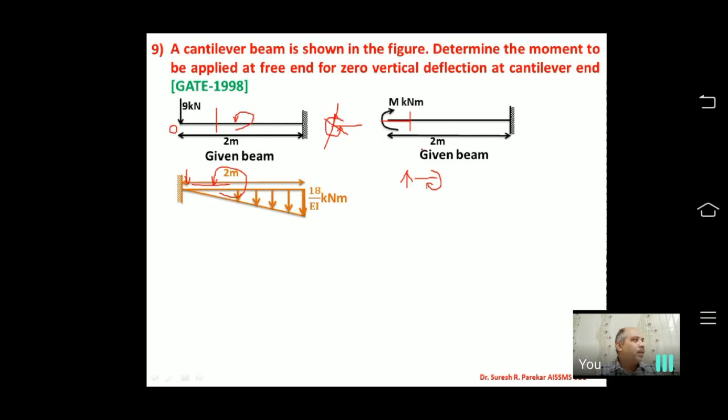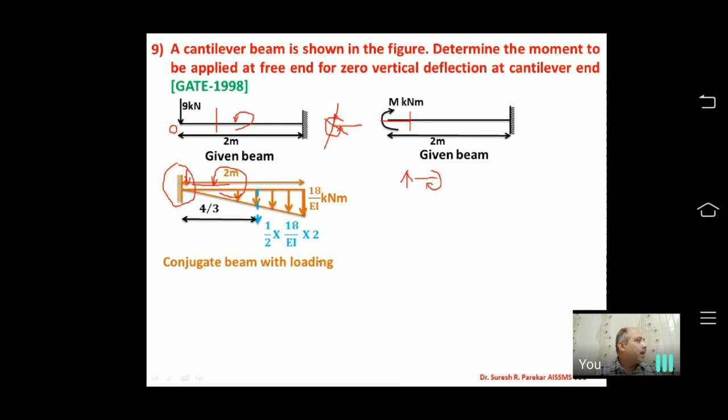Now you can see this bending moment diagram we have in the downward direction. So we have 9 into 2. Now this end, which is free, becomes fixed, and fixed becomes free. Now we have 9 into 2, 18 kilonewton meter upon EI. Now if we find deflection for this, we have that conjugate beam. Deflection we have to find at the free end. So we have 1 half into 18 upon EI into 2. We are taking bending moment about this fixed support, and therefore we have taken distance from this end, that is the fixed end in the conjugate beam. That will be 1 half 18 upon EI into 2 multiplied by 4 by 3.